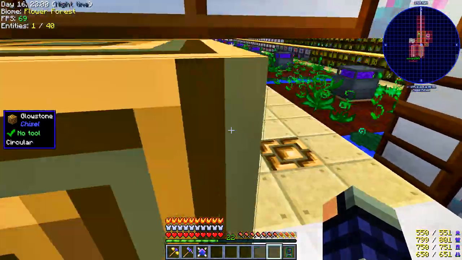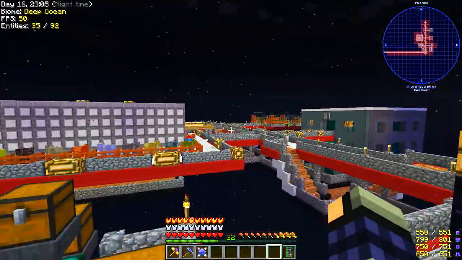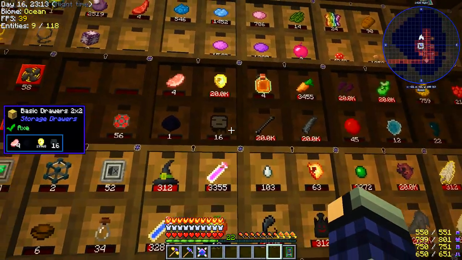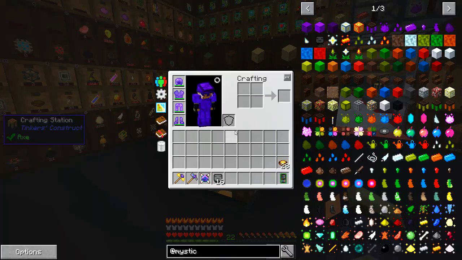Let's leisurely walk over here, fall into the void and lose everything. Teleport back here. And check on our souls. There you go, we have 16. Let's take those. That means we need...